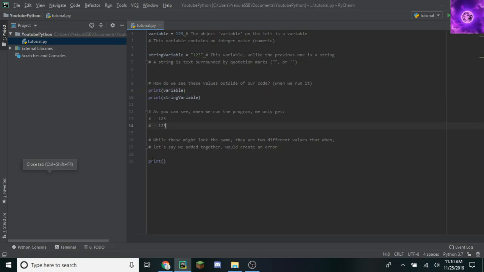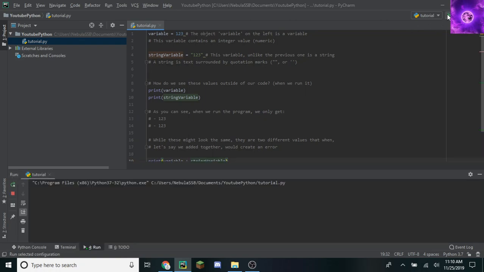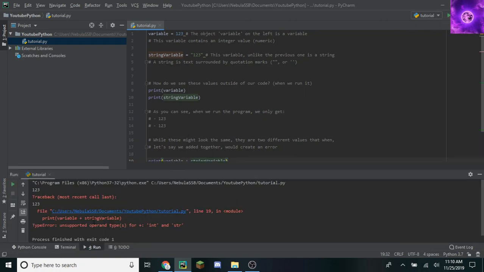Now, while these might look the same, they are two completely different values. Let's say down here we get a variable and we add that to string variable. We save our code and then we run it. Well, then down here it runs both of these just fine.